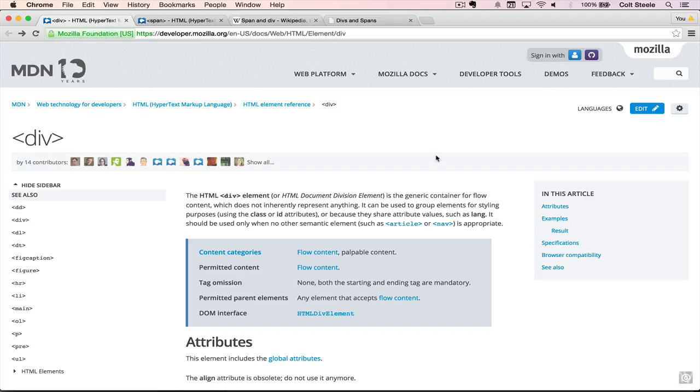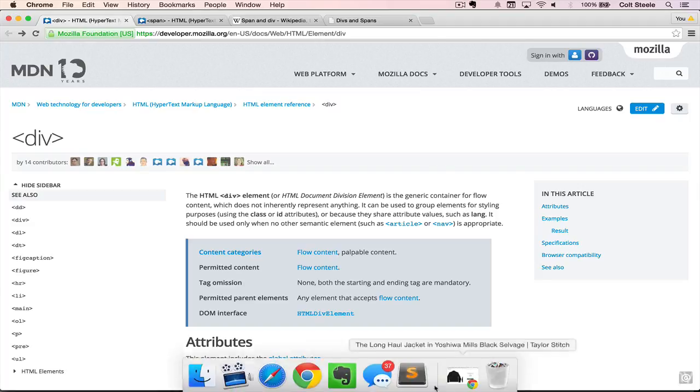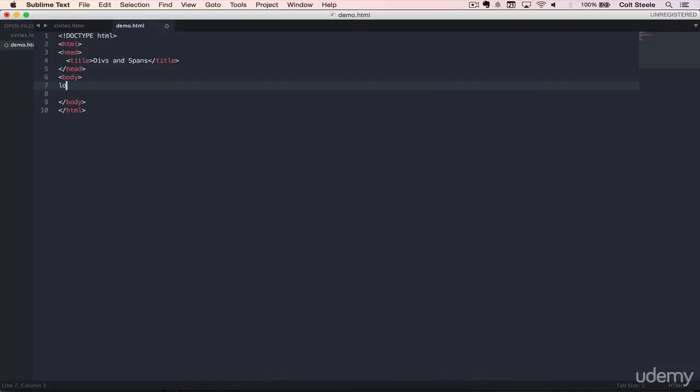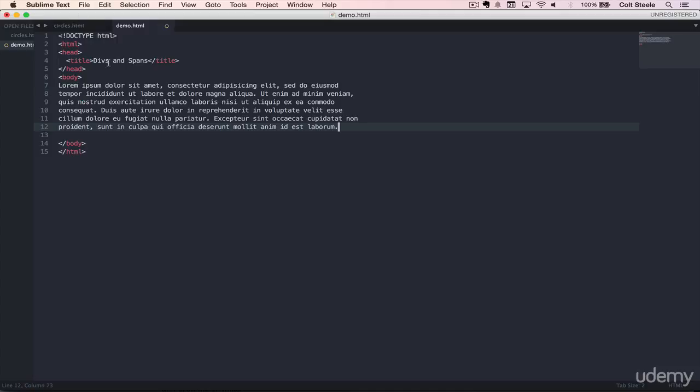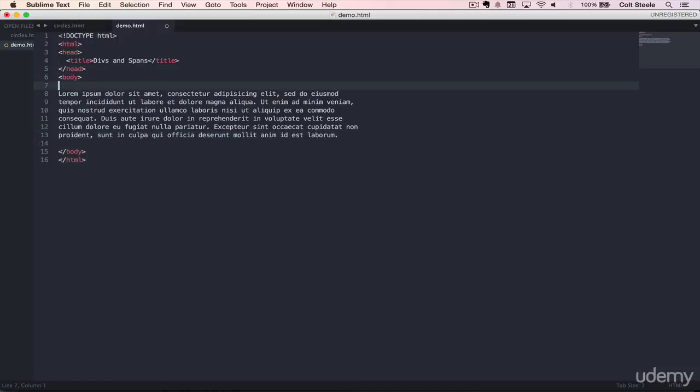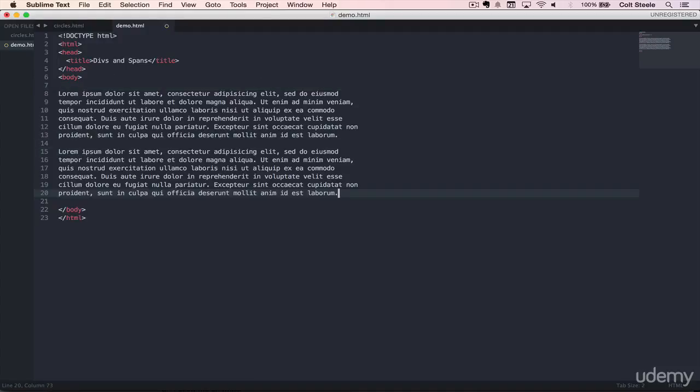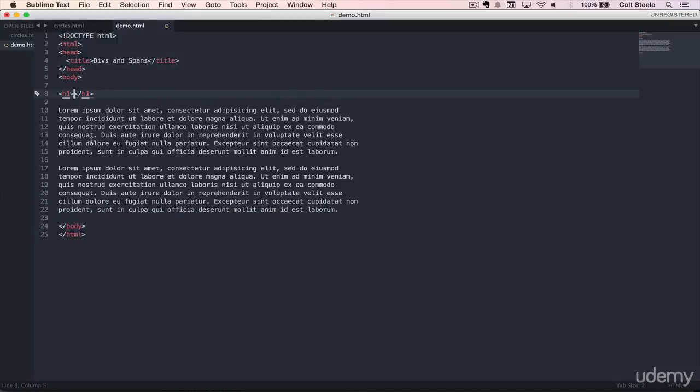So you'll be seeing me use divs a lot in this course going forward. Let me just show you a quick example. So if I add some text here, and this is actually something that one of the students in this course pointed out in the discussion forum that I didn't know about, which is nice. If you just type lorem and hit tab, it will give us lorem ipsum, basically just a bunch of sample text, placeholder text. So I'm going to use this, make two of those, and then also I'll add in an H1. And let's say that this H1, it doesn't really matter, I'll just put anything there, but let's say that this is a paragraph,